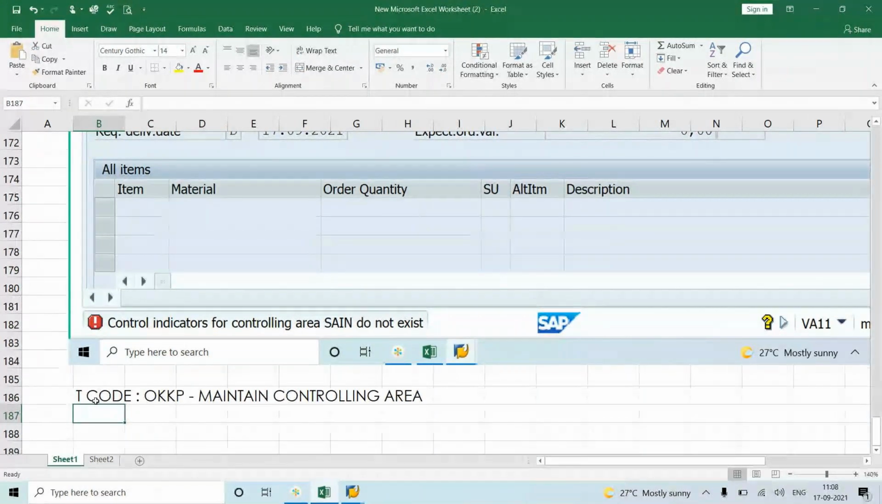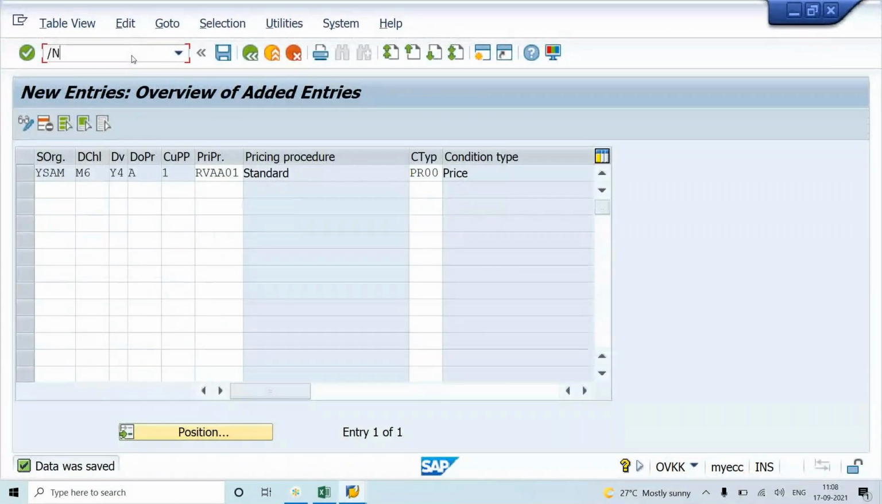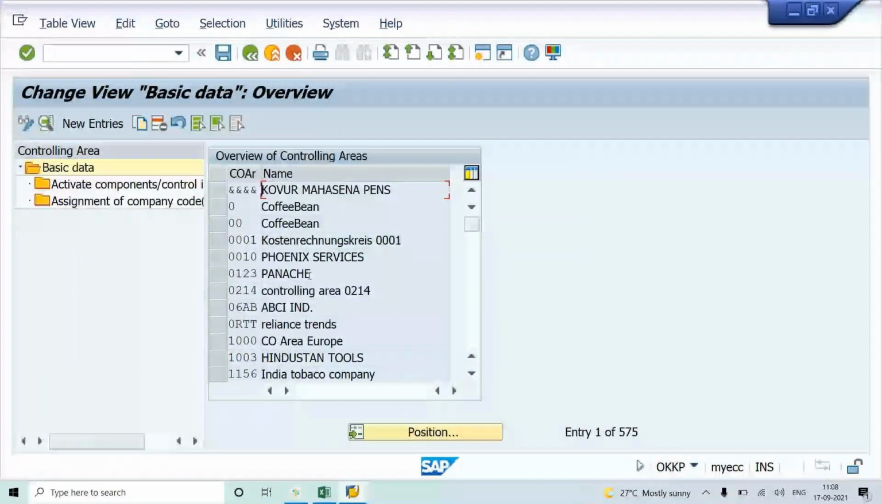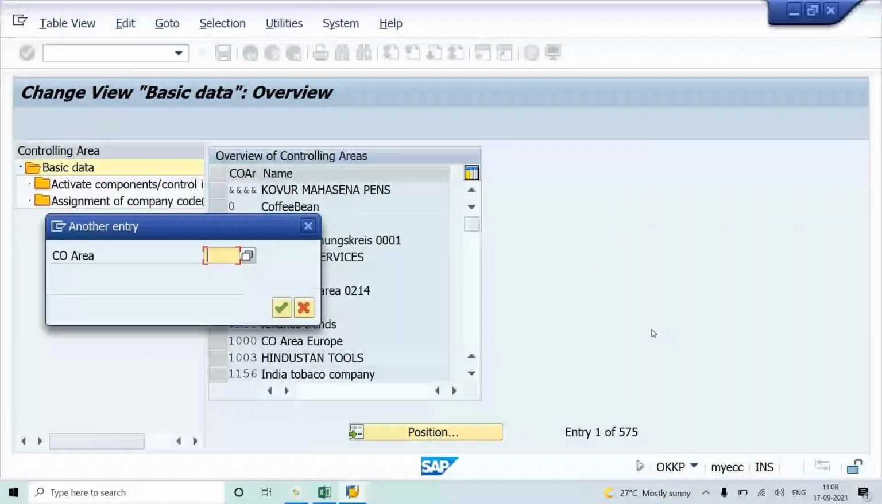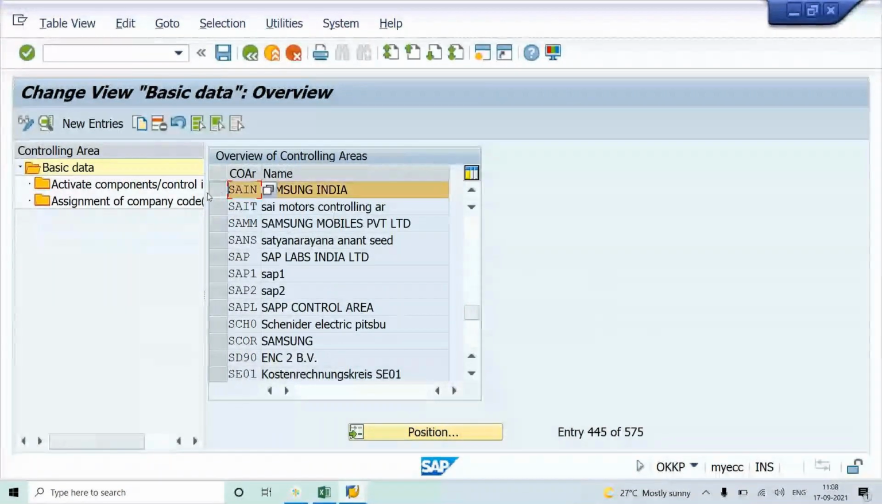Now what we need to do: first thing, get into the OKKP transaction code. Now select our controlling area over here. So click on position, SAIN is our controlling area. Now select it. And you can see an option by the name Activate Components and Control Indicators. So click on this one, Activate Components and Control Indicators. So click on this icon. So if you click on it,